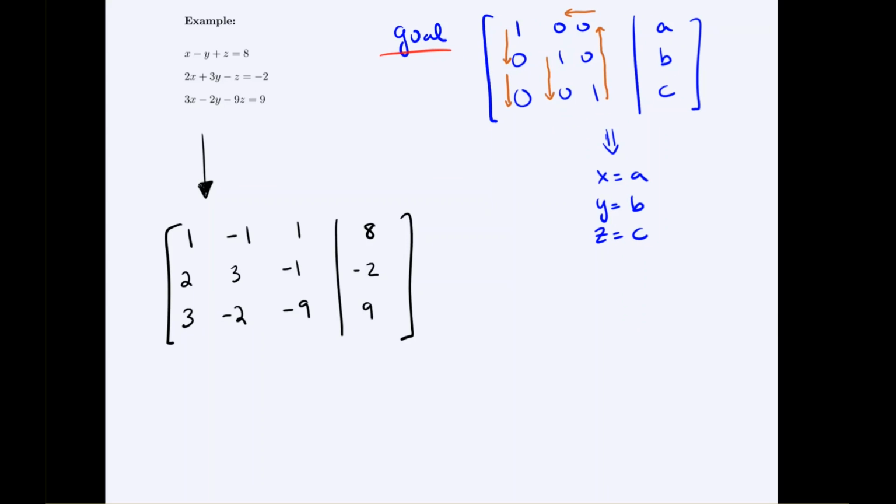So let's always stay focused on our goal. We see that the first goal is to get a 1 in the upper right corner, which we already have, so that's already met. That just happened to be the case. Next, we know we want to get what's below it to be a 0. Now it's currently at 2, so we can't multiply to get 0. We would have to change one of the rows, which is usually easier to change the row that starts with a 1 to the opposite value, so that when we add them they cancel. So if I multiply the top row by negative 2,